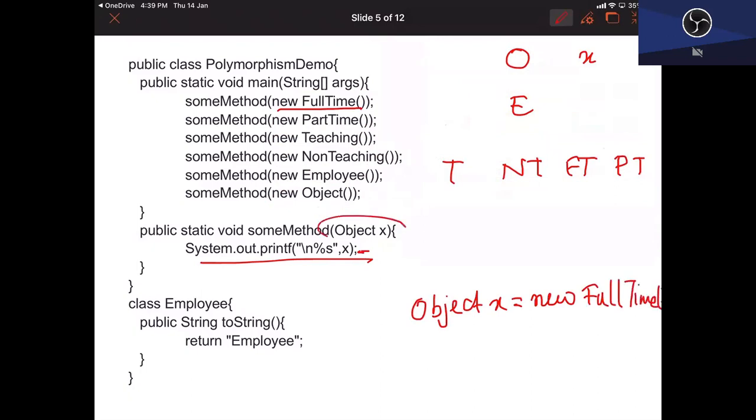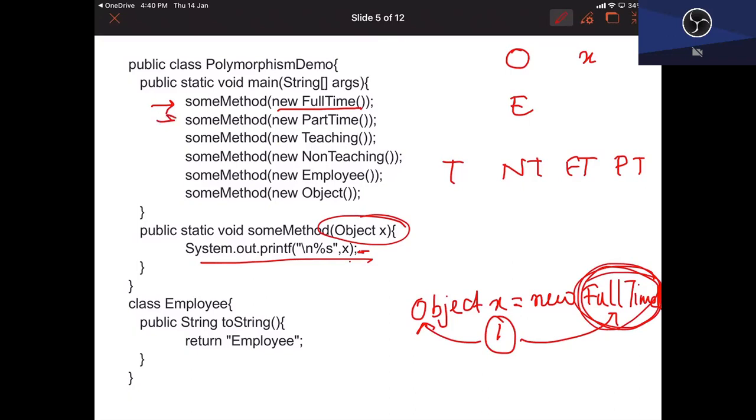That's the same thing which is happening here. So for X, for the first function call, its declared type is object, its reference type is full-time. So when it prints, it will be the toString method of full-time which gets executed. So what will it print? In full-time, it prints full-time. So the first output would be full-time.